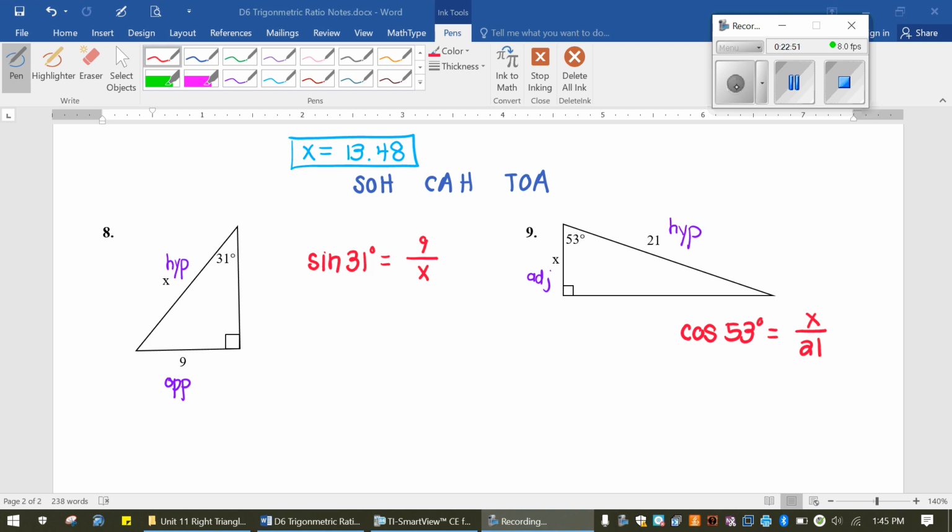Okay, in red, you can see the equation written for number 8 and for number 9. So check to see that you set that up correctly. On number 8, from that 31-degree angle, you are given the opposite side and you are looking for the hypotenuse. Opposite and hypotenuse are sine. For number 9, from this 53-degree angle, we are looking for the adjacent side when we are given the hypotenuse. So the A and the H of the adjacent and the hypotenuse are cosine. So we set that up as cosine of 53 degrees, adjacent in the numerator, which is x, over the hypotenuse,